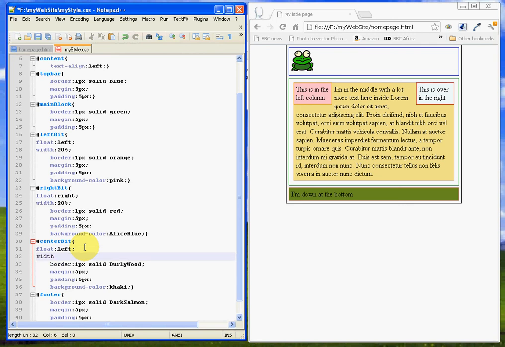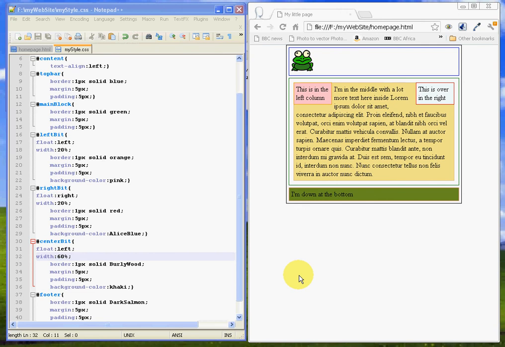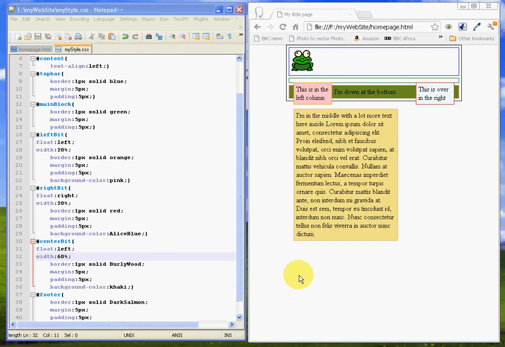your maths would think, well, the left bit's 20%, right bit's 20%, that's 40% in total. If I make that 60%, that should work. Well, it won't quite work. If I Control S, that won't quite work. Let me just show you what happens here. It sort of floats left, but it floats underneath this left-hand column because that 60% doesn't take into account that each of these bits has got a border and margin and a padding